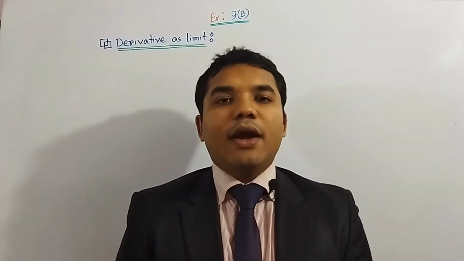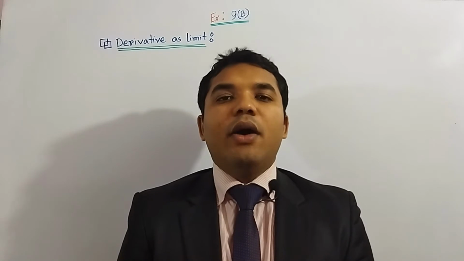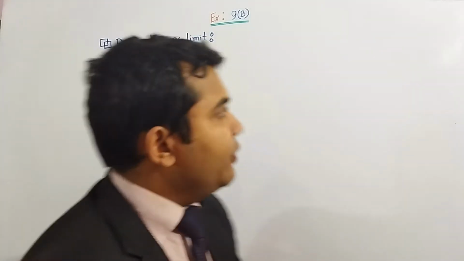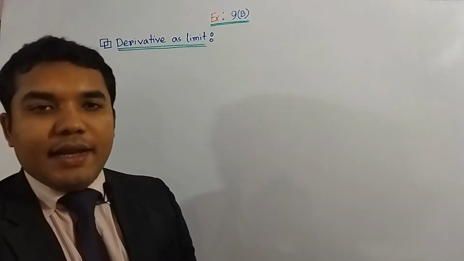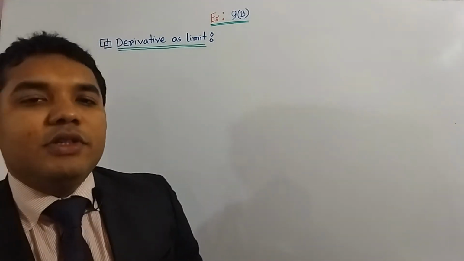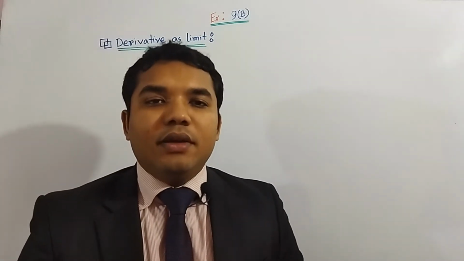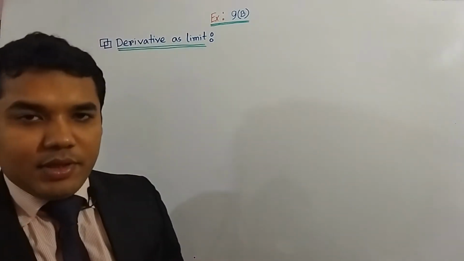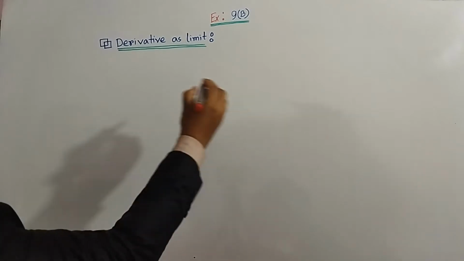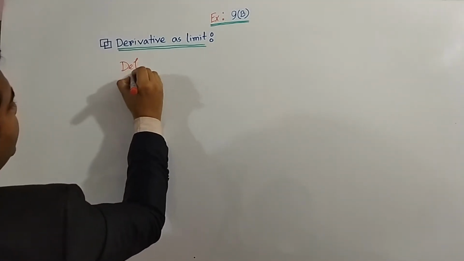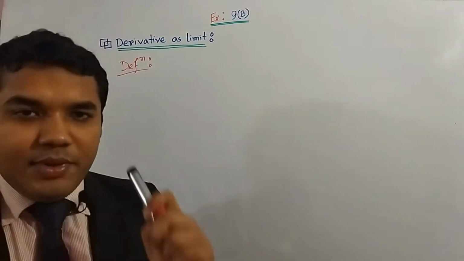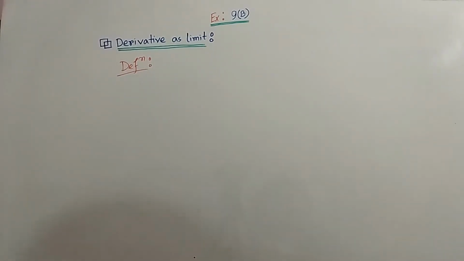So dear students, according to our lesson plan, today our discussion topic is differentiation, and especially we are going to talk about exercise 9b. First of all, I want to talk about a definition, and the definition is derivative as limit. What is the definition of differentiation? The definition of derivative as limit looks like this, that if